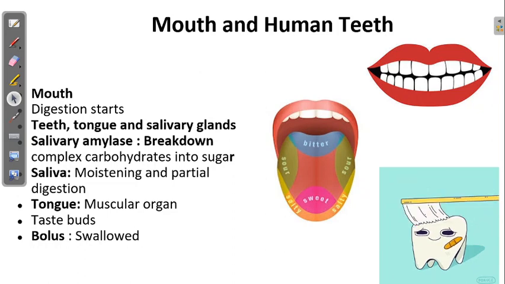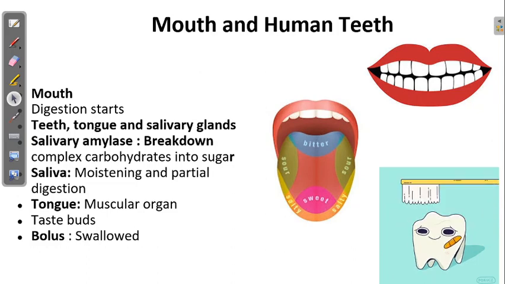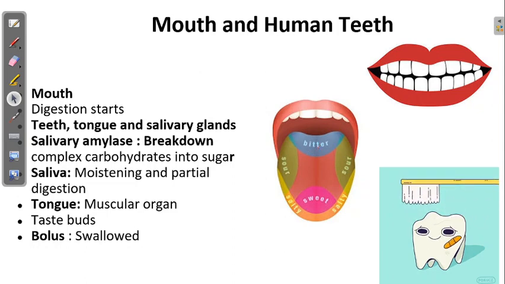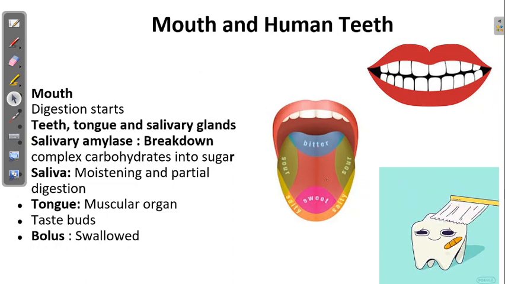Okay, so when we eat pizza, you get a specific taste of that pizza, right? Why do you get a specific taste, whether sweet, sour, salty, whatever it is? You get it because of the taste buds present on your tongue. You can see in the PPT as well, there are taste buds here. Here you will taste something sweet. Here you will taste salty, sour, and bitter. So taste buds are present on your tongue.